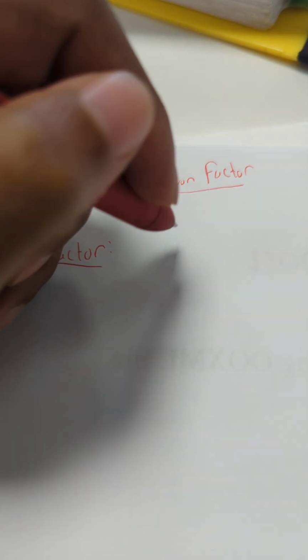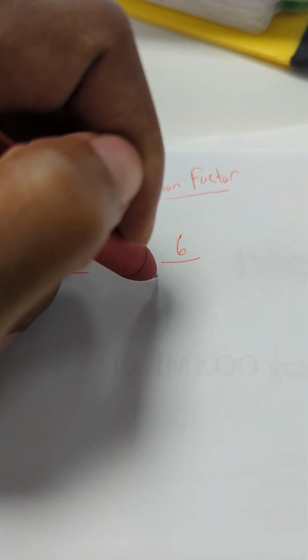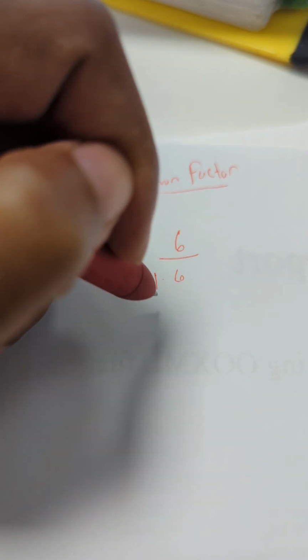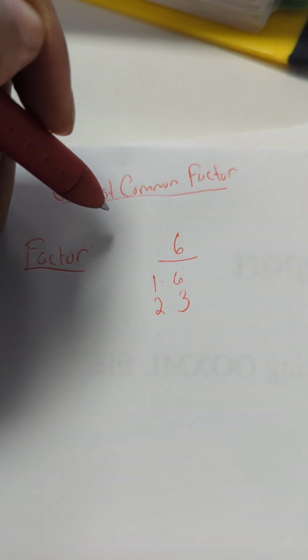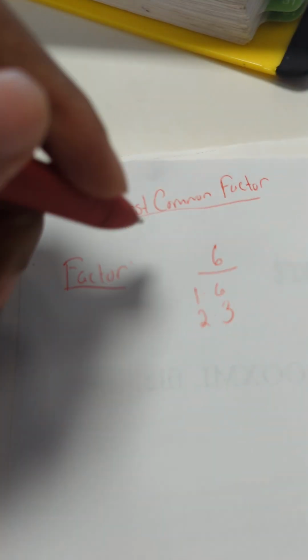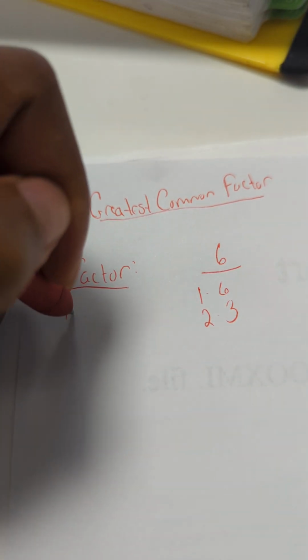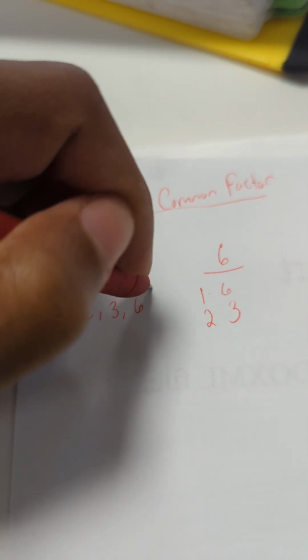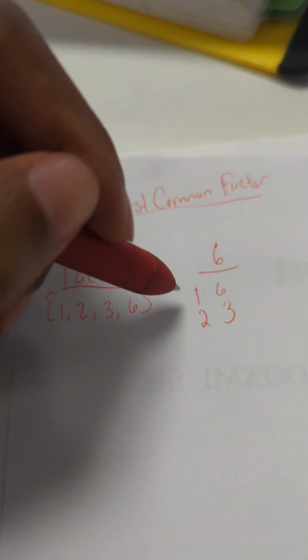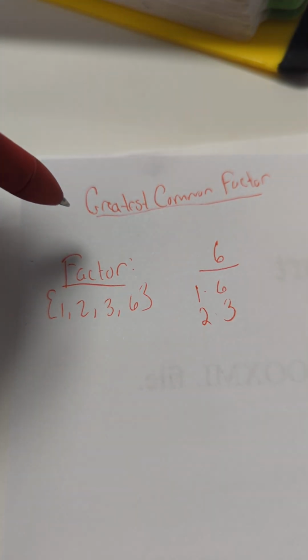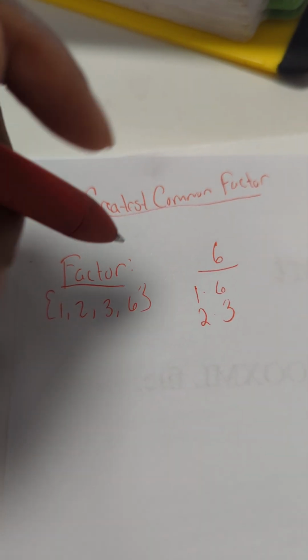let's say we have the example 6, and we ask ourselves, what two numbers when we multiply them give us 6? So 1 times 6 is 6, and 2 times 3 is 6, right? So the factors of 6 are 1, 2, 3, and 6, and the pairs